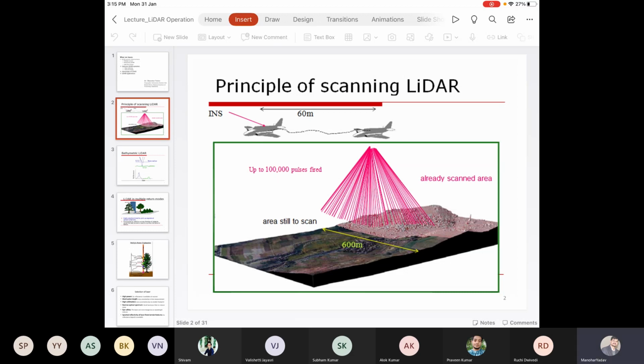Like in this case, you can see that this laser scanning is being performed using an airborne platform. Okay. So the LiDAR instrument is mounted on board the aircraft. And as you can see, the red lines are showing the direction of laser beams which are hitting the ground. Okay. So once you initialize the entire system, it continuously fires the laser beam